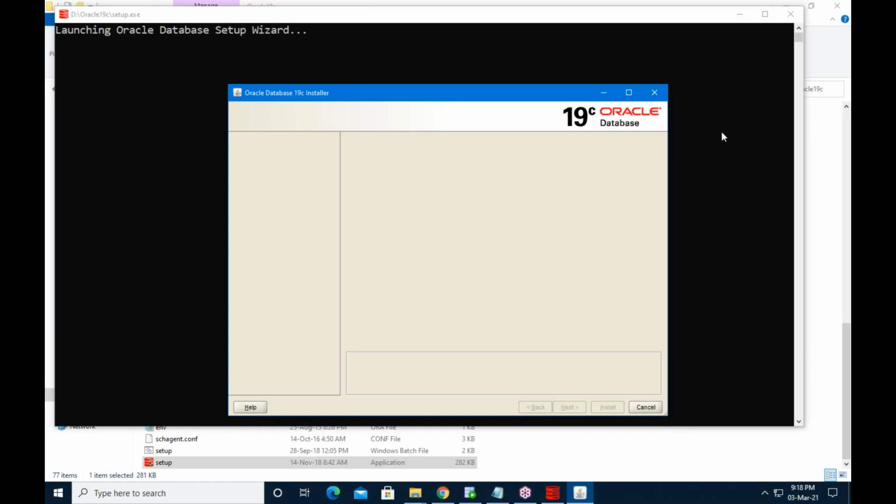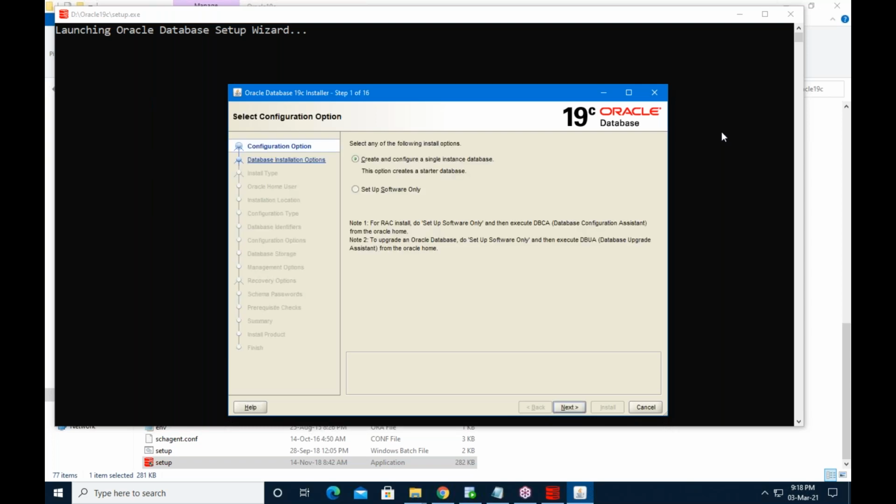And here, so many students are asking me, sir, when I start setup, a black window comes and immediately disappears. Again, when I start setup, I see the black window, immediately it disappears. What is the problem? The problem is your downloaded file was not downloaded properly. Each and every point I have covered in my installation video. I will give you access to that installation video. Go through that.